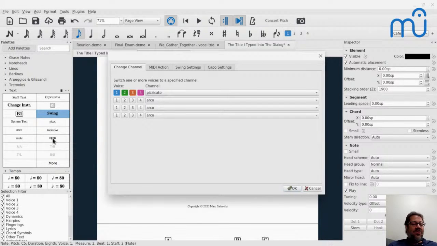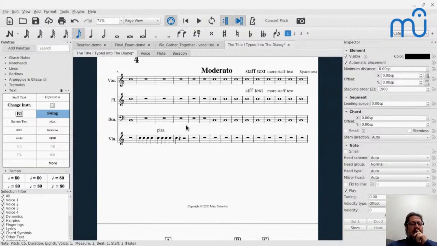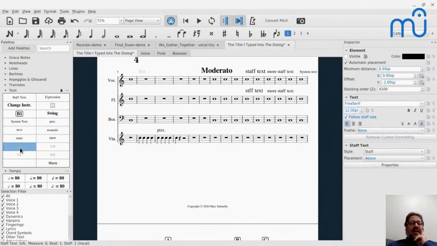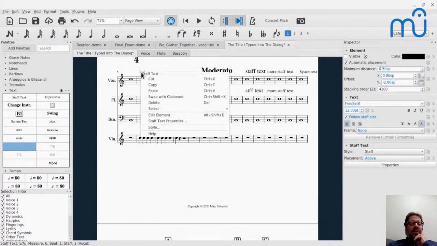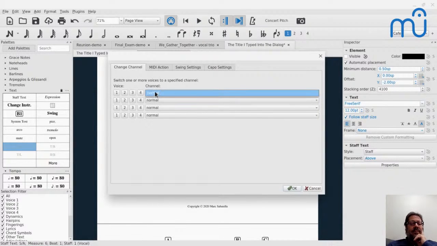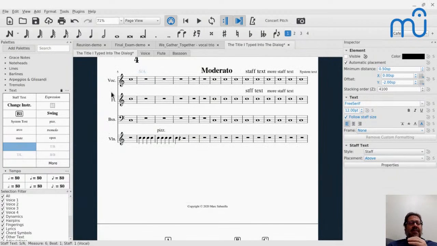Same with mute and open for brass instruments. A relatively new addition to the palettes, I don't remember when it got added, is these little texts here, which actually do allow you, like if I have this SA, I think what this does... To be honest, I forget how these ones work because they were just added, but it does have to do with this idea of maybe being able to have independent playback control of the 2 voices.